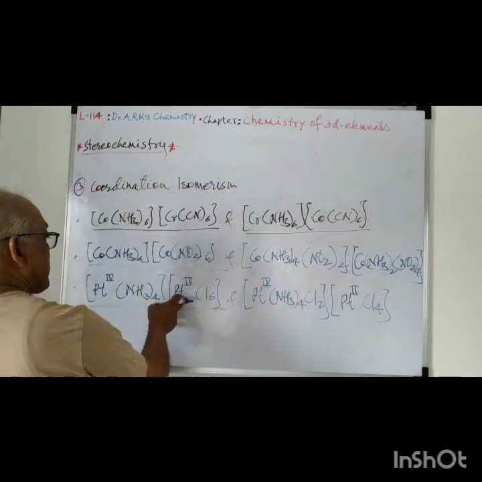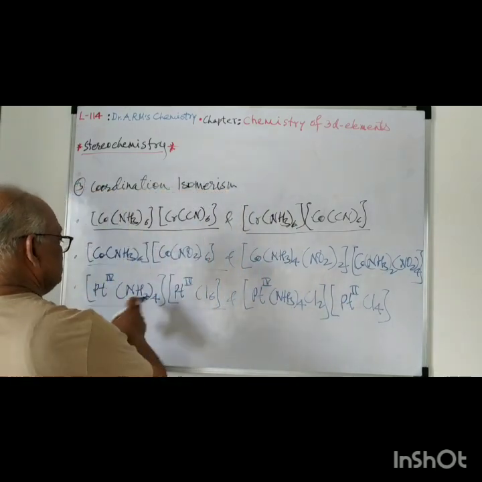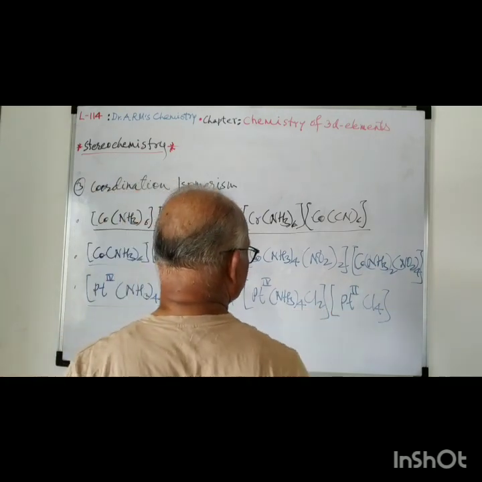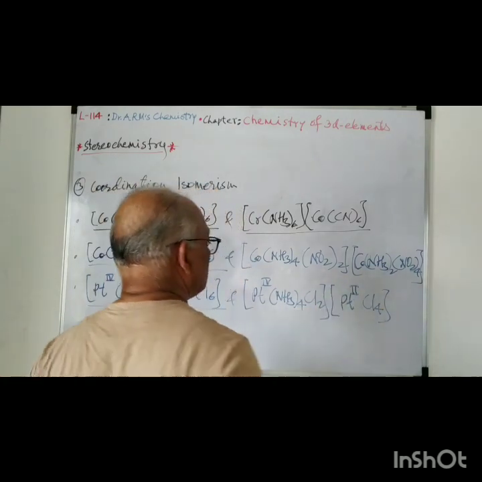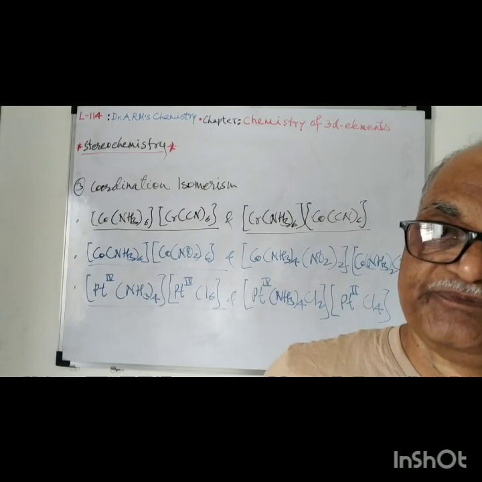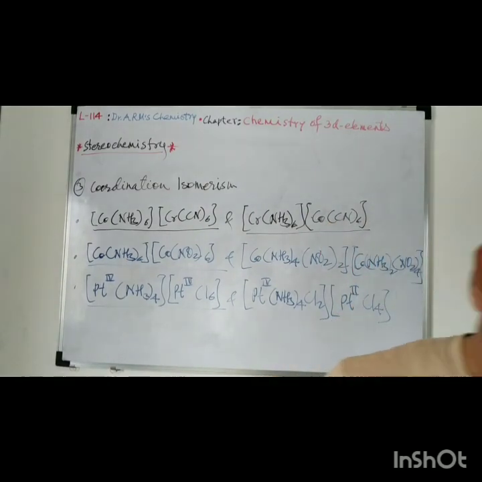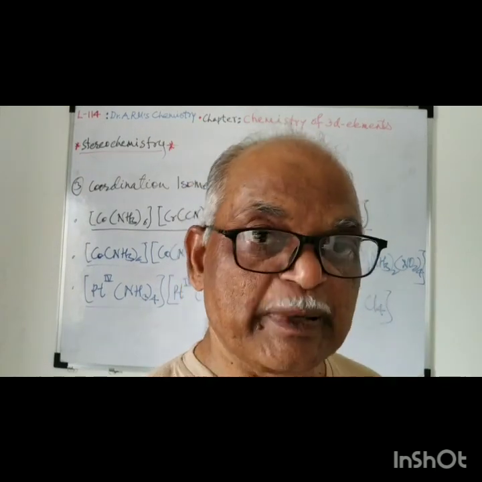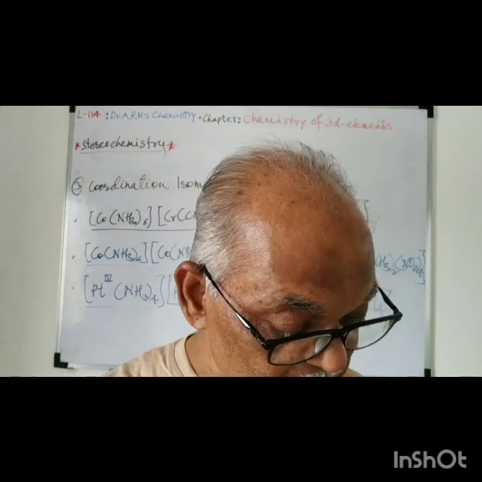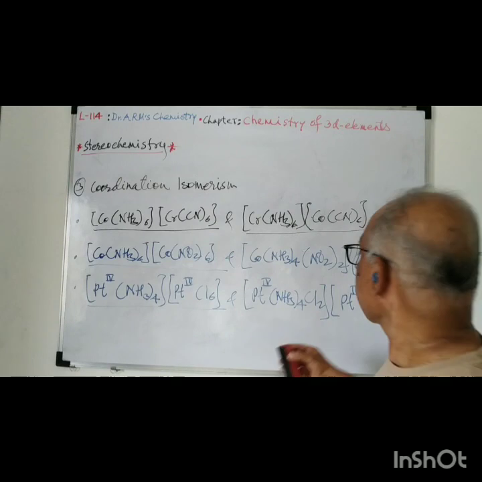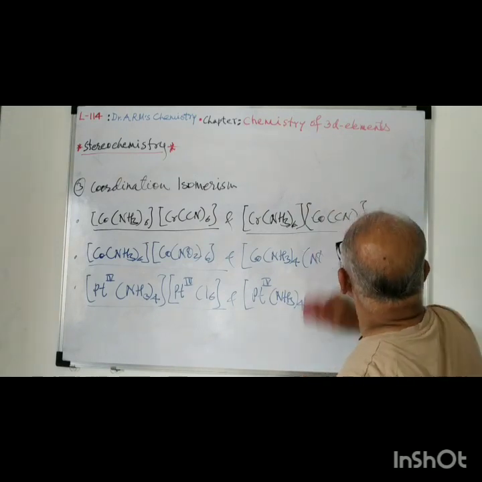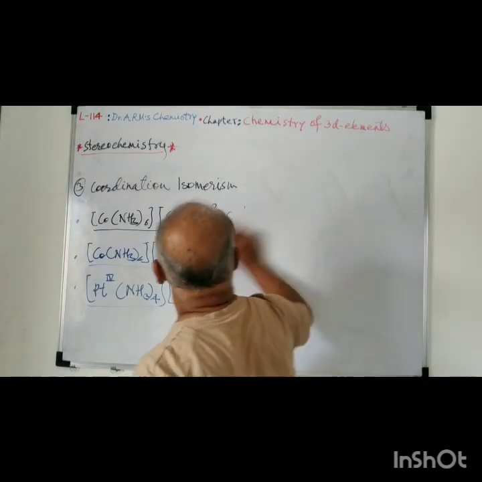Here it is platinum 4, here it is platinum 2, but the required electronic charge is balanced by using an appropriate number of Cl minus. Then we will have another isomer,